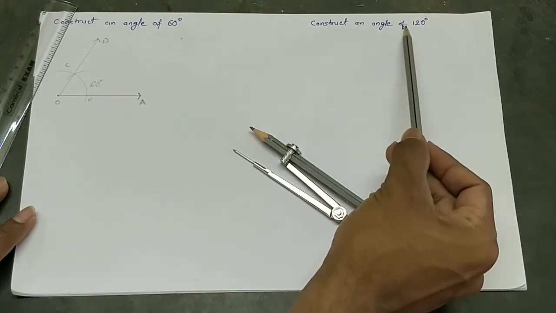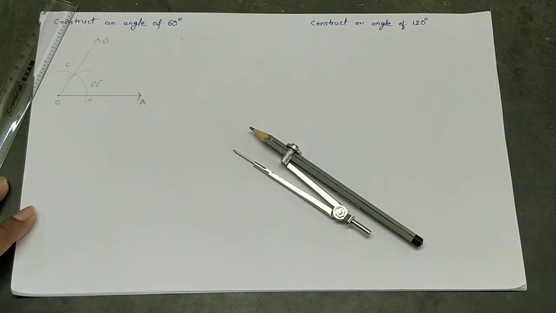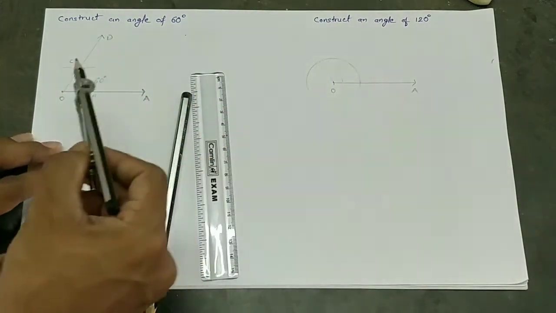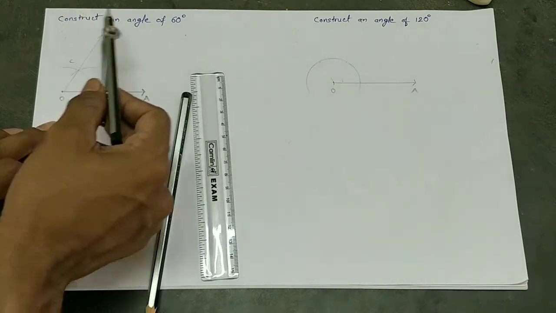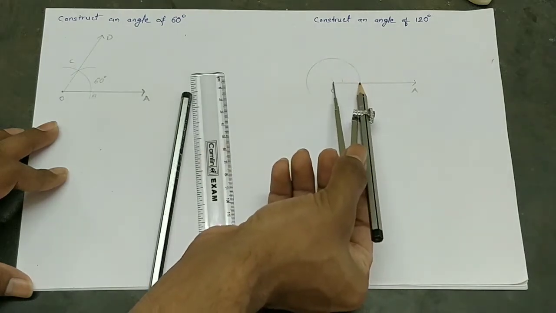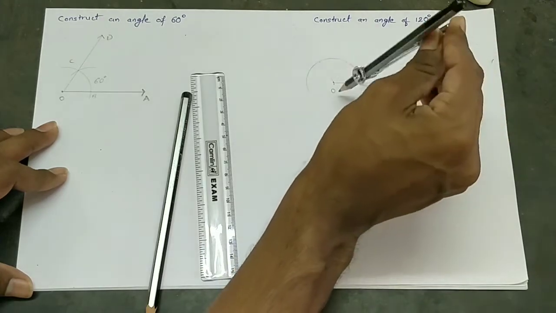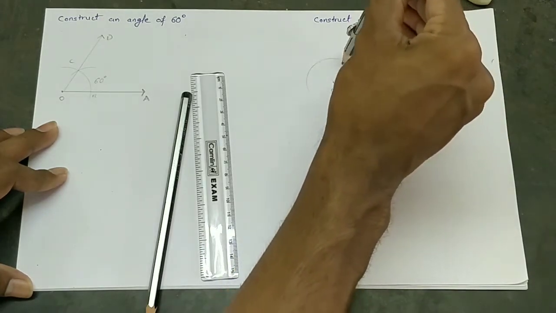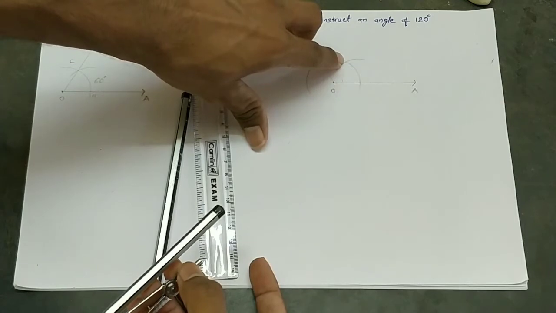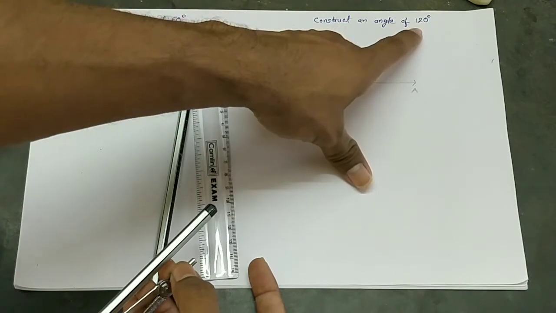Now in order to draw an angle of 120 degree, first we need to draw an angle of 60 degree over here. As you can see, I have already drawn one arc over here, which was previously drawn this much while constructing the angle of 60 degree. Now I have extended it till this much. Now I am going to keep the same distance and first draw the arc of 60 degree from this point, like this. Now if I draw one line passing through this point from O, I will get an angle of 60 degree, but I want to construct an angle of 120 degree.